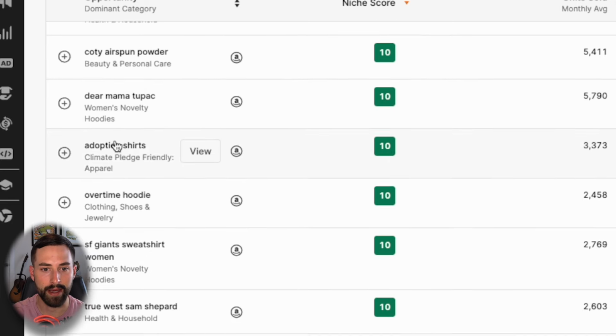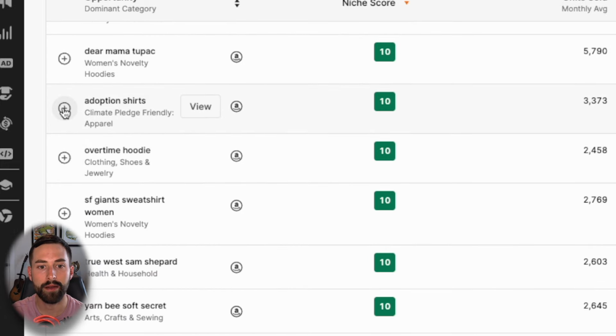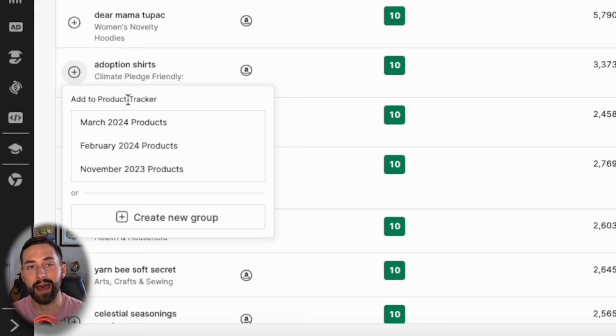So for example, let's look up adoption shirts. There we go. If we click this plus icon, we can now directly add it to our product tracker, and typically between 8 to 10 products will be added into your